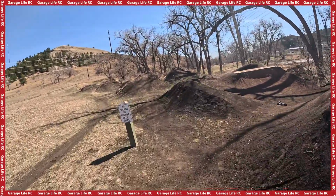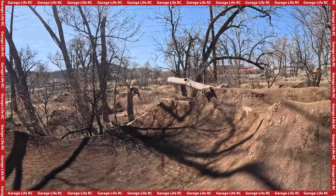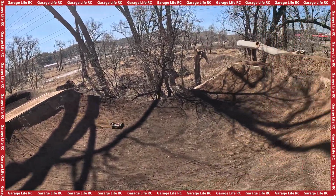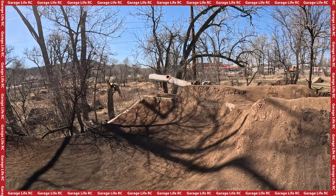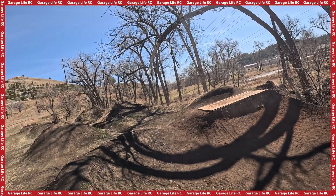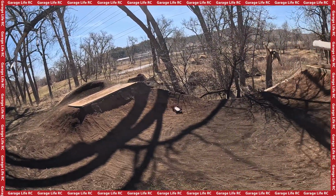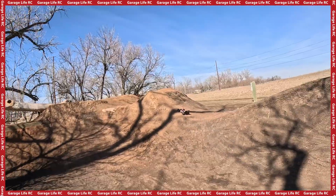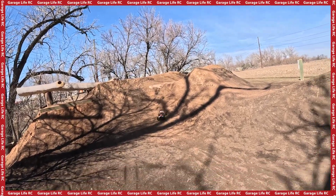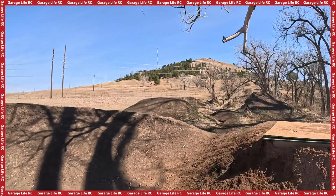Just playing around with this thing, I can already feel like this is gonna be an amazing little rig. It's light, so you can do cool things with it. It flies super good. I think it just needs a little bit of tuning. And we have nothing going on so far. A lot of nose smashes. And like I said, I feel like there's...